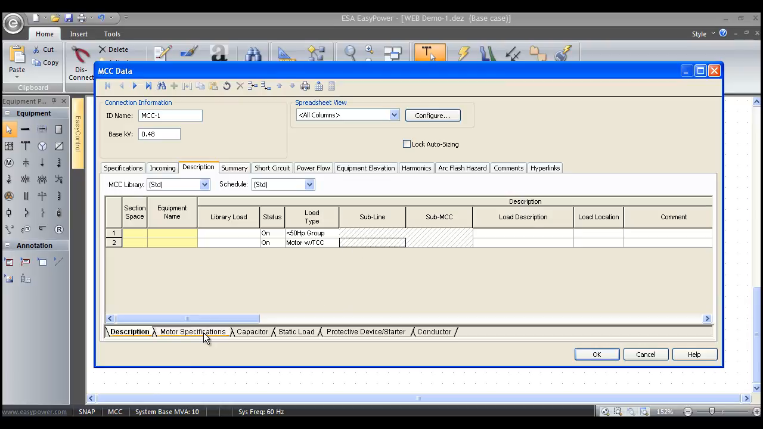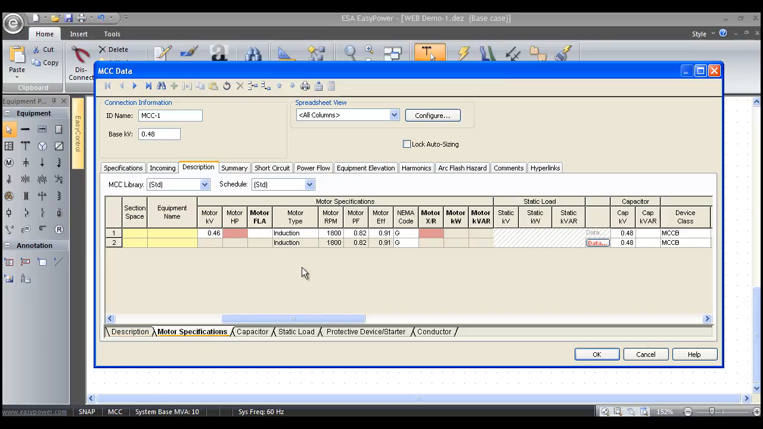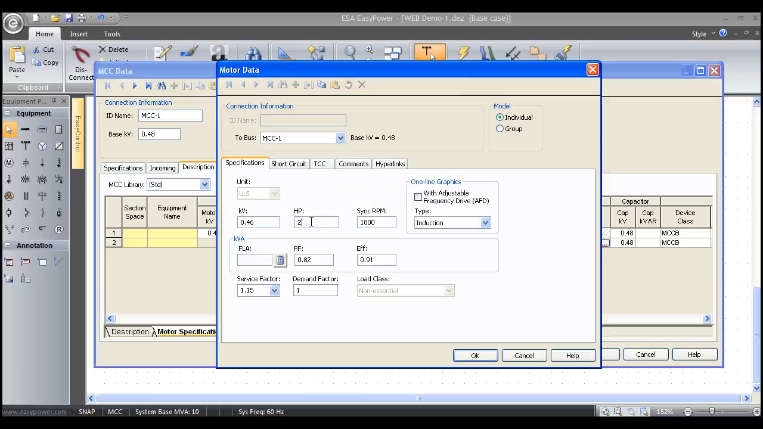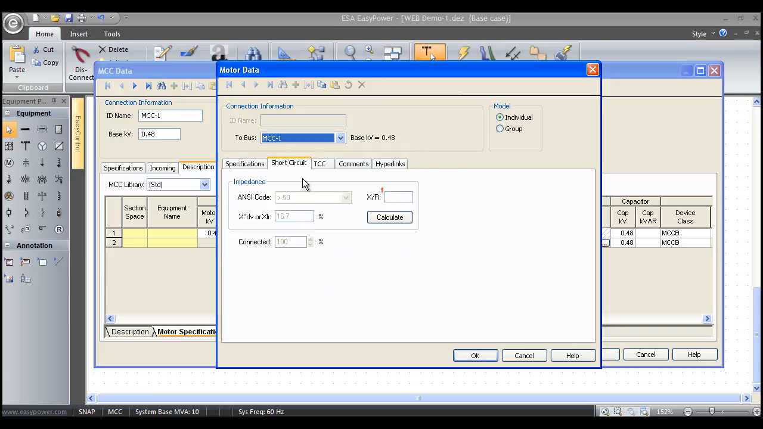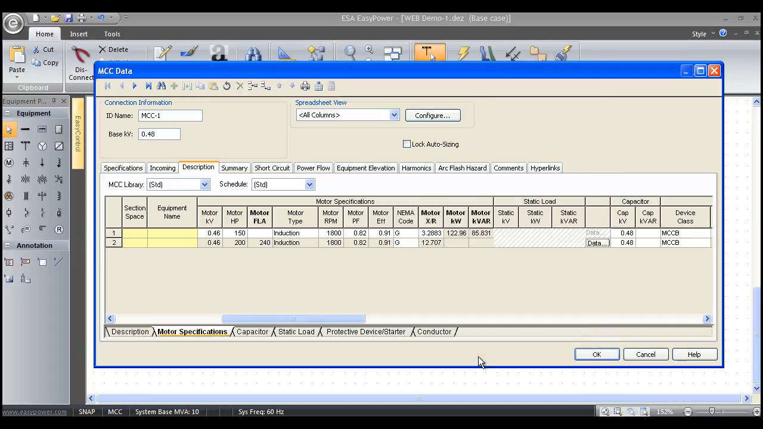Now I'm going to click on this motor spec tab. I'm going to slide the cells over, and I'm going to put, say, 150 horsepower of group motor, low voltage motors, and then I'm going to click on this data button for the larger specific motor with the time current curve, and I'm going to say this is a 200 horsepower unit, 240 full load amps, short circuit ANSI code greater than 50, X over R ratio of 12,